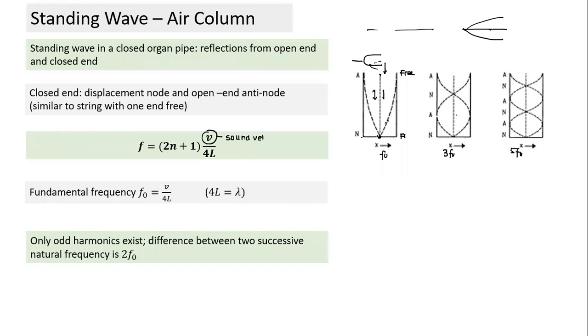At the closed end, should there be an antinode or a node? Node. And if this is a node and vibration is happening, what should happen at the other end? Can there be a node here? This particle can have maximum oscillation. This is an antinode. Sir, is there any proof? Both particles are in air only, so there's nothing restraining them.